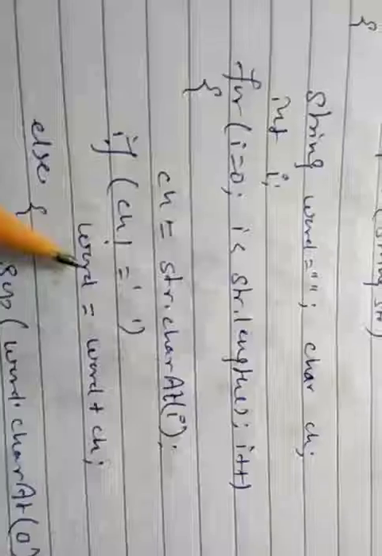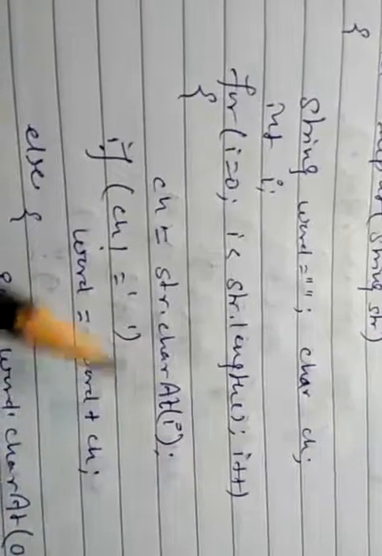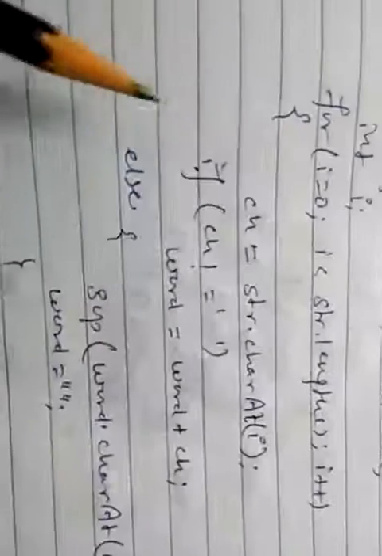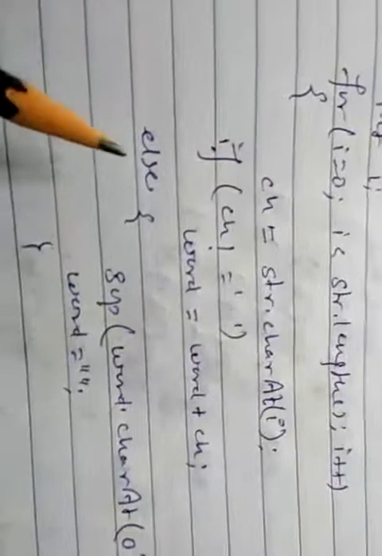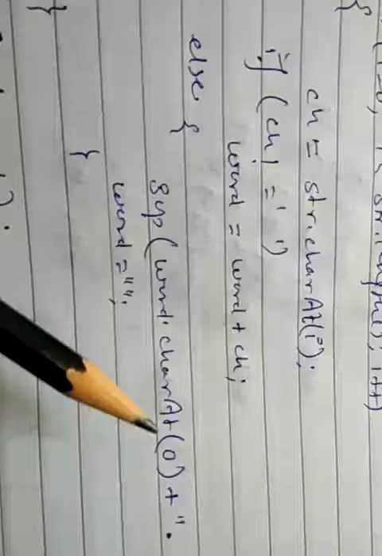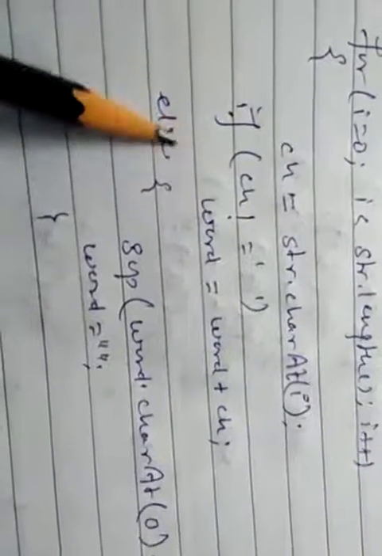So the first character, according to the above string, is M, then the next, MOHAN. If the condition is true, the word will be completed. After Mohan, when the space comes, the control will come to the else portion. And here we are printing word.charAt(0). So this will print the 0th character, M, on the screen, and then a dot and a space. Then we will empty the word. Next, again we will make the next word. So the word will be DAS. Again the space will come, so this will come to the else portion.